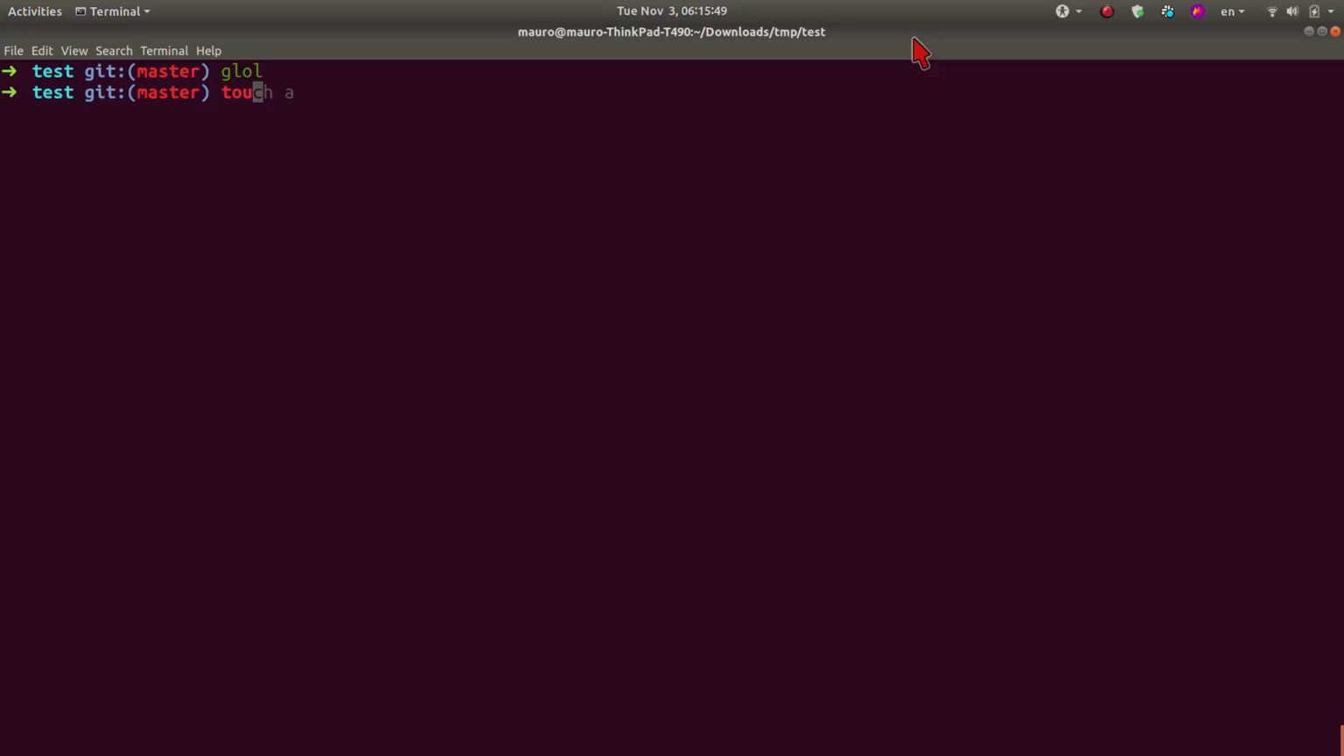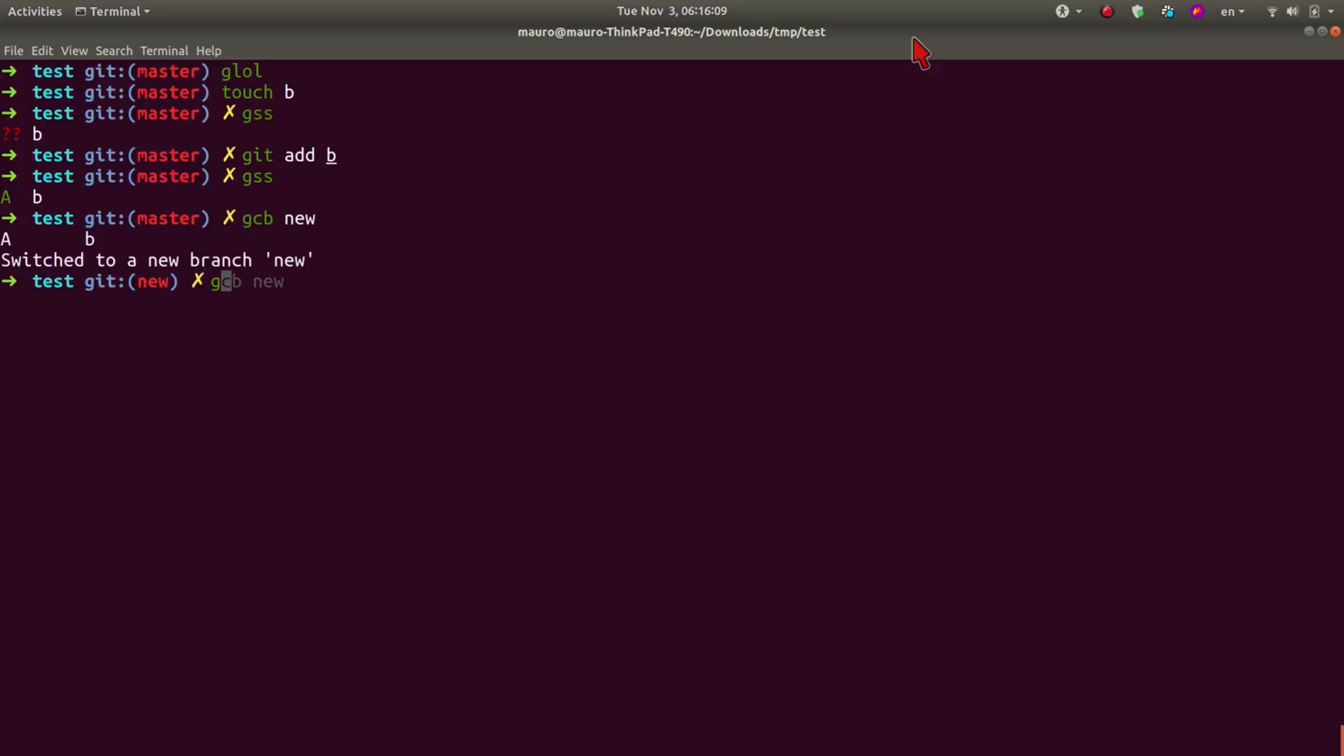Say that I touch another file, B. There it is. I haven't added it to the staging area, but I could do git add B, and there it is. And say that I want to check out a new branch. That should not be a problem. So with this, I check out a new branch, and let's call it new. As you can see, I have switched to new, and the change to the file B is still hanging out there. So I could now commit that change